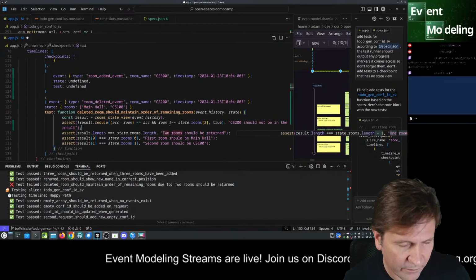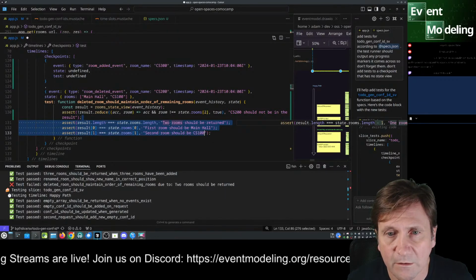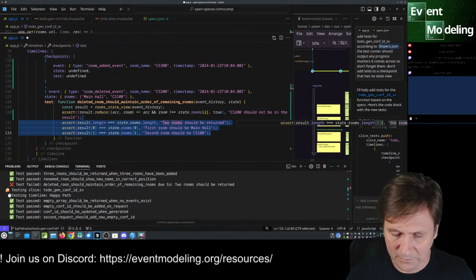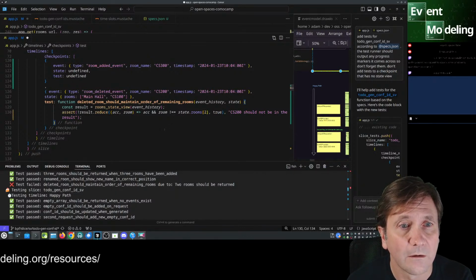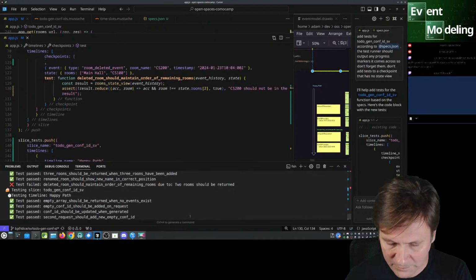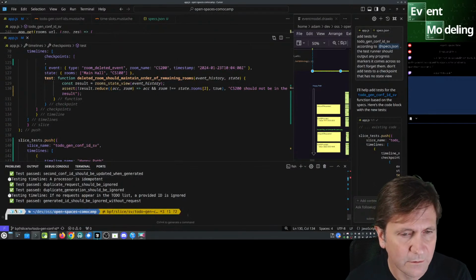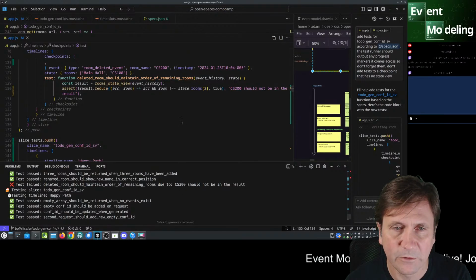And then we can get rid of the rest of the asserts. And that should be fine. And we'll test it. Oh, we'll get rid of the deletion thing. This should make it pass. Nope. Should not be in.